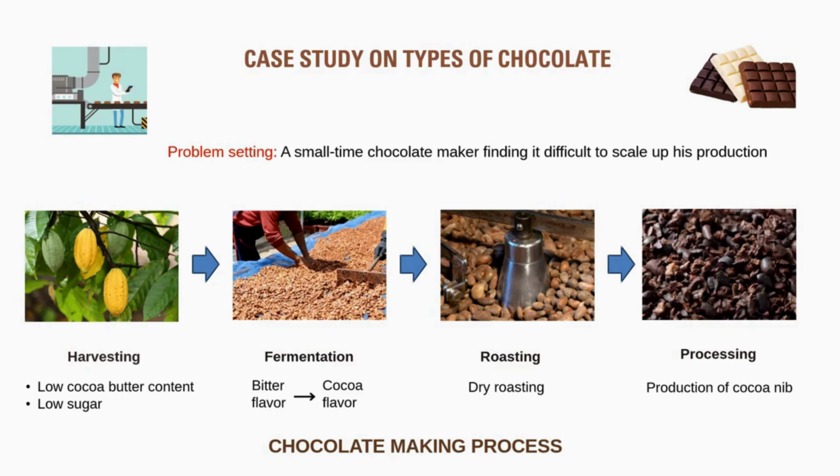So let's take a look at the case setting here. The case setting here is a chocolatier is trying to scale up his production to meet the customer demand. But during trials, he faced several issues which gave him chocolates that had a slightly hammy flavor. He wants to know what went wrong with the process and how it can be prevented in future.